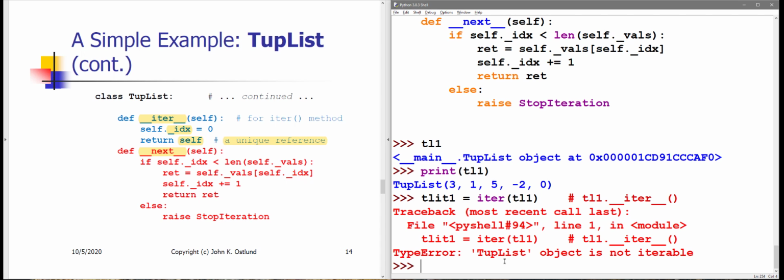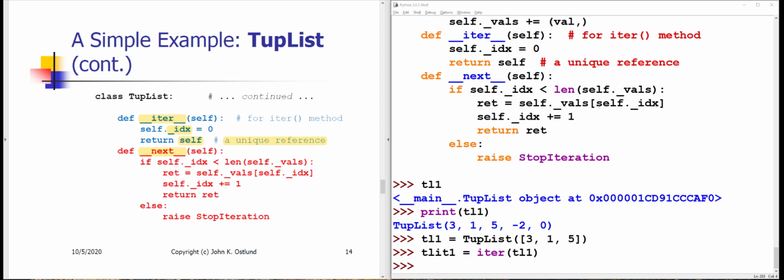With those three methods defined in TupList, I then created TL1. So TL1 is actually still referring to that old definition of the TupList class. The fact that I have redefined the TupList class to include $iter and $next is not known to the TL1 object. It is still referring to the old version of that class, and consequently TL1 doesn't have an iterator function available. So what I'm going to need to do, which I have actually already done here, and which I will now flip to,